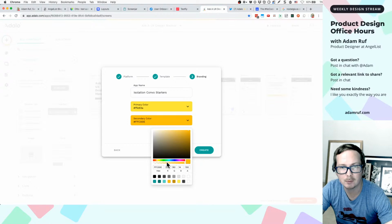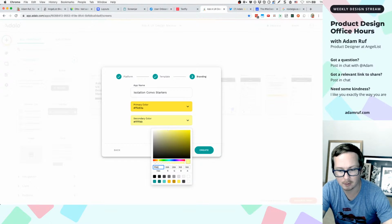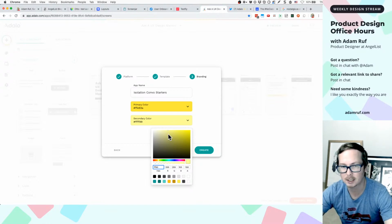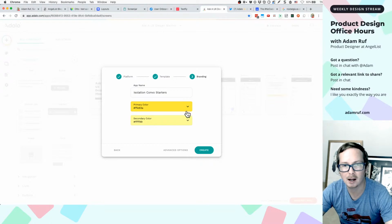And yeah, maybe we even keep the orange. Actually, I'm going to type in the same thing. E93A. Peleg suggests picking a skin tone color as the primary or secondary color. That's kind of interesting. As like people, I kind of like that. I think that the challenge with that is you have, you know,